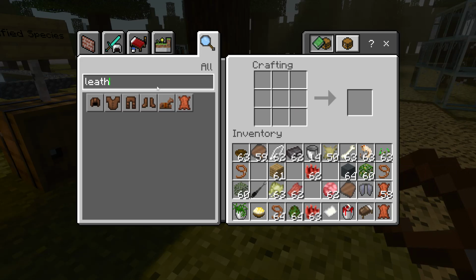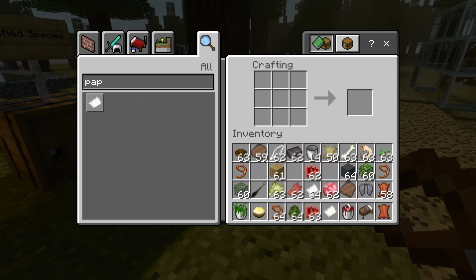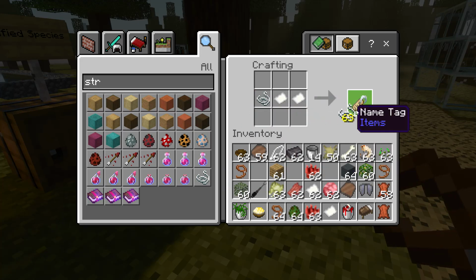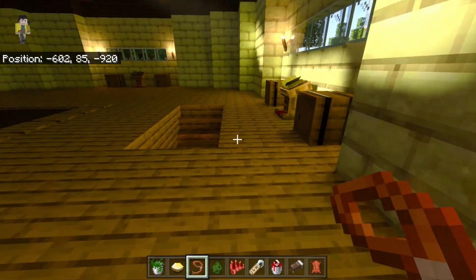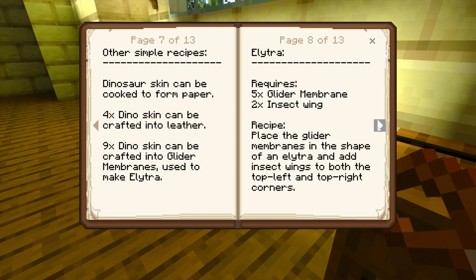So I think there is one more. Of course you can smelt the dinosaur skin to get paper. You can now also put this paper in here, as well as string, which is harder to get. You must go to the nether to get this from spiders, or get it from wool. And you can craft a name tag if you want to name your dinosaurs. There you have a name tag. Now I think I have covered everything. I'll just give it a quick check in these books, because I actually might have forgotten something. Yep, we've done the bird feed, we've done the meats, we've done these feeds, dinosaur skin, leather, gliders,